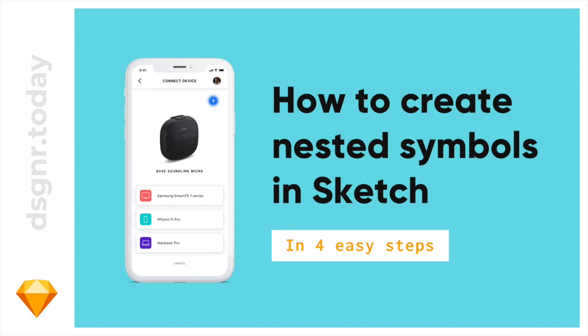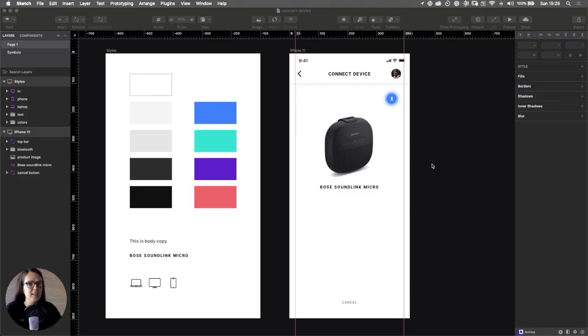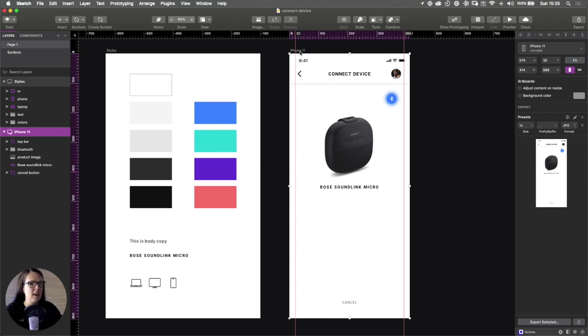In today's episode I would like to show you how to work with nested symbols, and my aim is to do this in less than 10 minutes. Let's get started by showing you what I've already got, which is two artboards, one with a design on it, an iPhone 11 artboard with a header, which is a symbol, a Bluetooth icon, a product image and a product title,